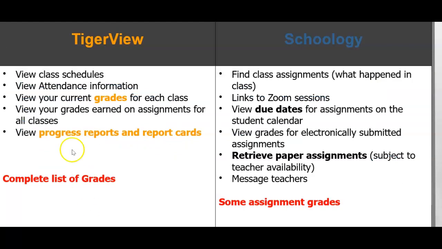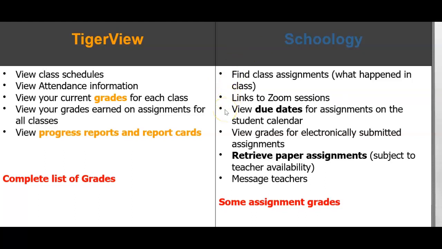Here are a couple key differences between TigerView and Schoology. In TigerView, you can view the student schedule, attendance information, and the current grade for each class, the overall grade. You can also view your grades earned on assignments for all classes, and most importantly, this is where you view progress reports and report cards. So TigerView is the complete list of grades, where Schoology is what we use to find assignments or what happened in class, links to Zoom sessions if a student is absent,